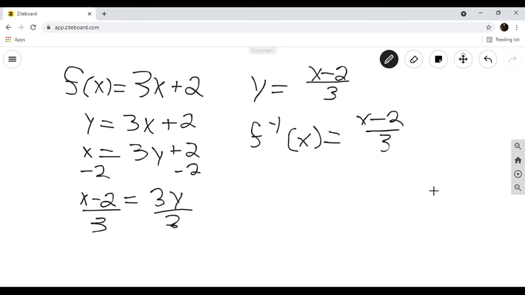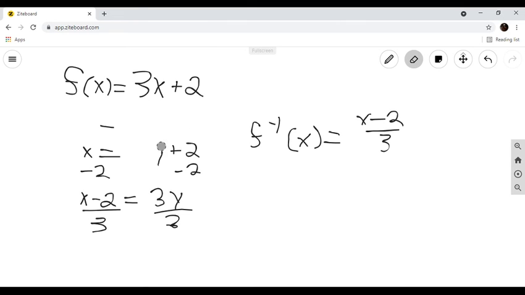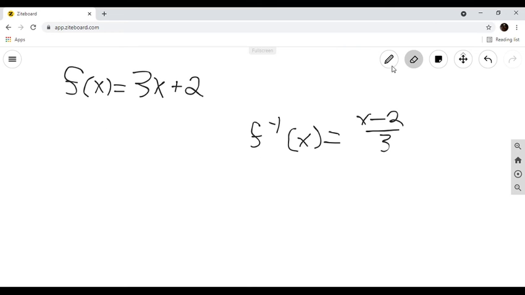But, of course, sometimes I mess up. So let's make sure that this is actually true. Let's make sure that I've actually found the inverse function. So I'm going to compose these of each other, and again, if I get just plain old x, if there's nothing left but x, then these are indeed inverses of each other. So I'll compose f of this, f composed of f to the negative 1 of x